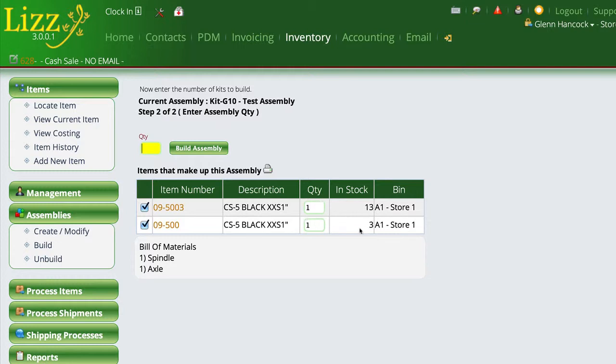And you can see that I've only got 3 of this 09500 in the bin that we selected. So if I want to build more than 3 of these kits, the system's going to stop me. I can either go adjust items from one bin to another, in the inventory section, so that I can build more of these things, or we can place an order to make sure that we can build more of them. But right now, I'm just going to build one of the kits,